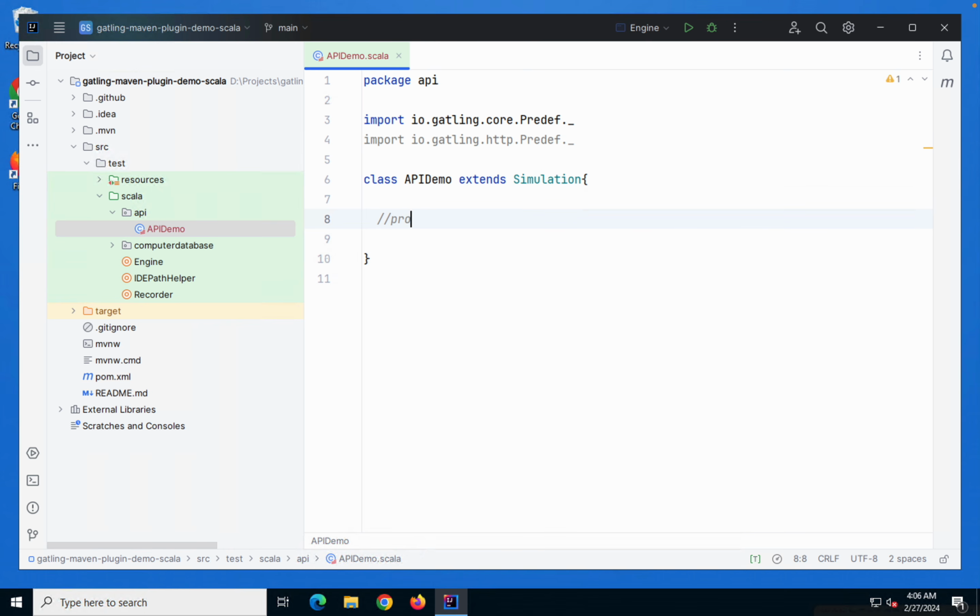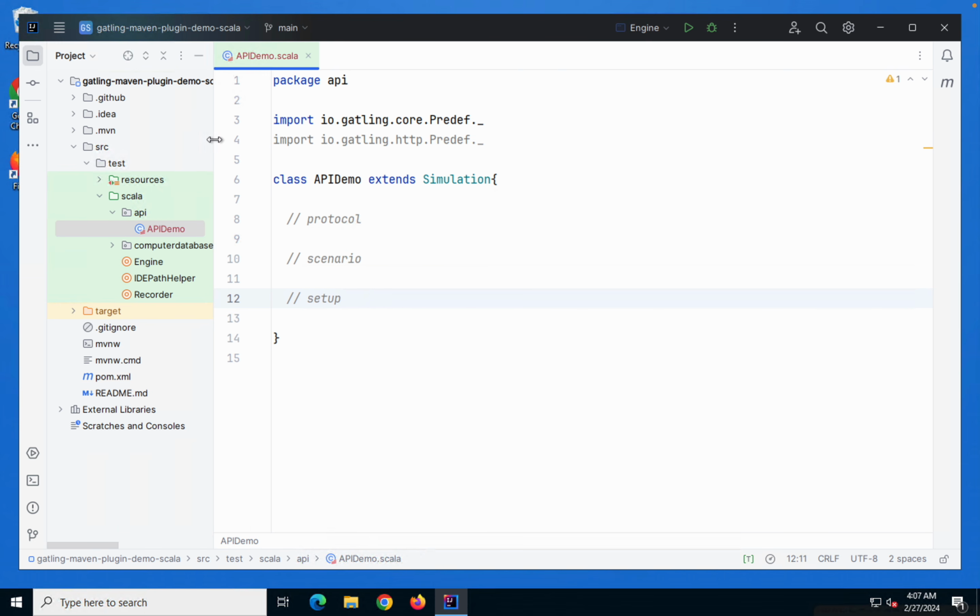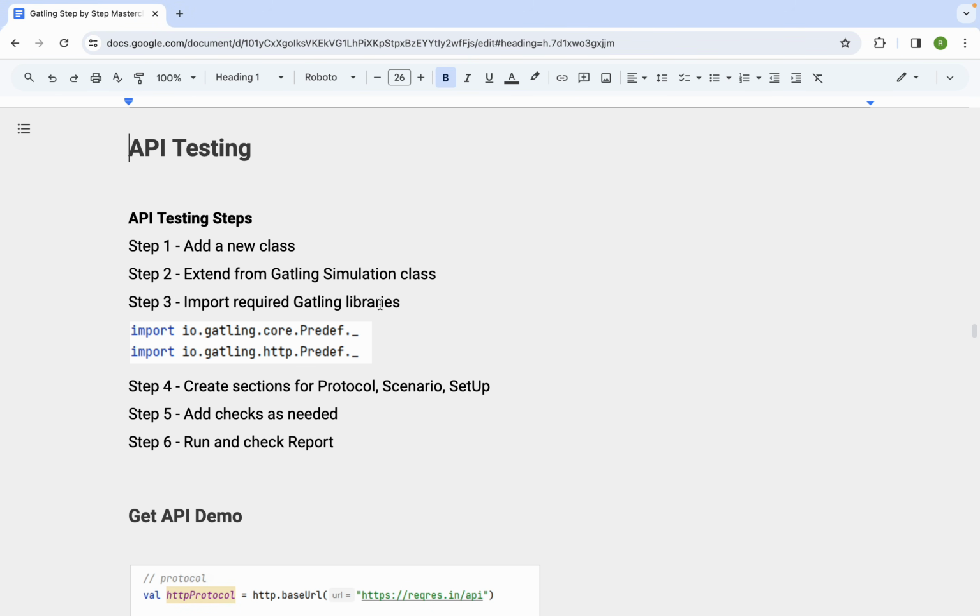So let us create three parts. I will say this should be protocol here, then we will have scenario, and then we will have the setup part. All right, so now